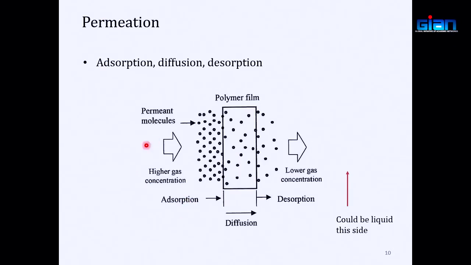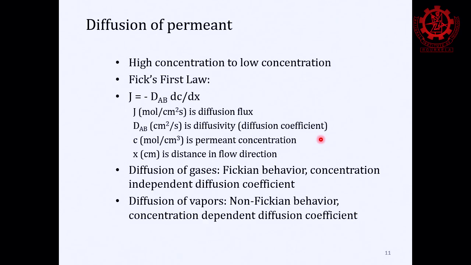Yeah, so this is what we saw previously: you have the higher concentration of a gas, it is absorbed at the surface, and then it diffuses through the polymeric film thickness, and then it is desorbed or released on this side. Of course you have lower concentration there because that's the driving force, and on this side you could have any food product. So if you look at the mathematical representation of that diffusion,